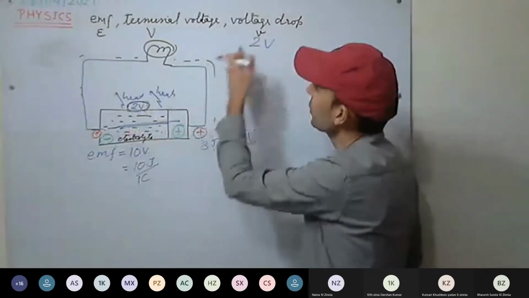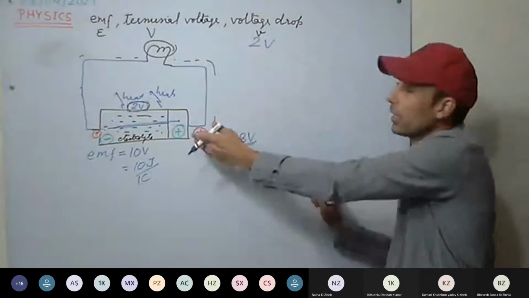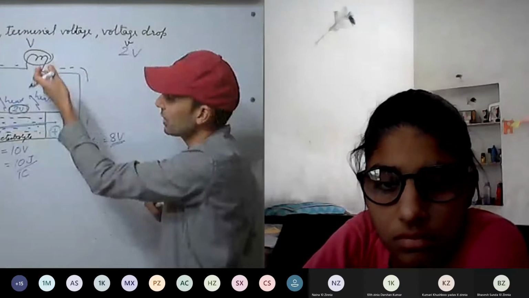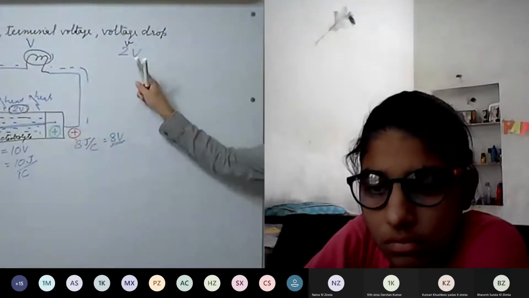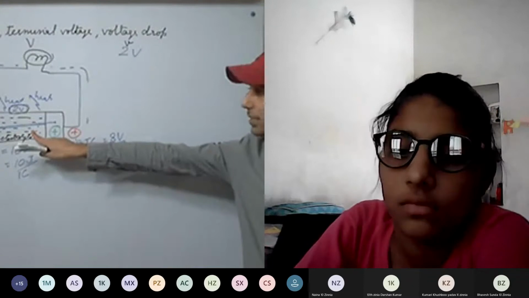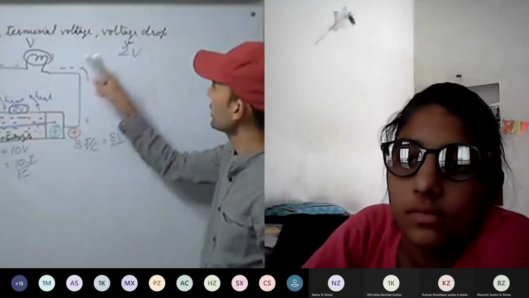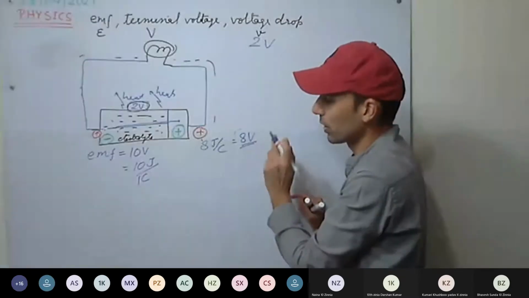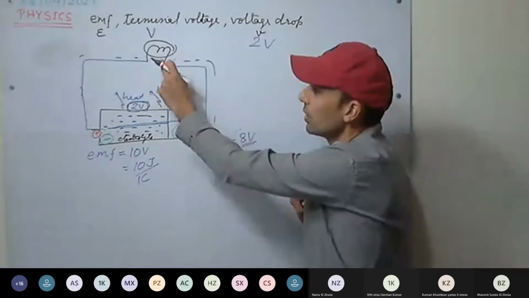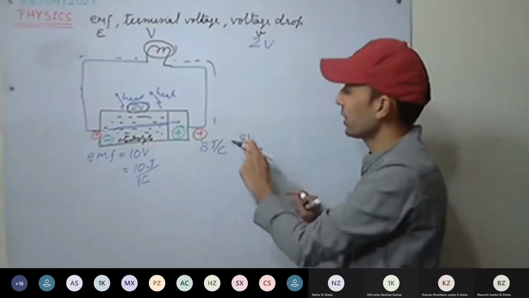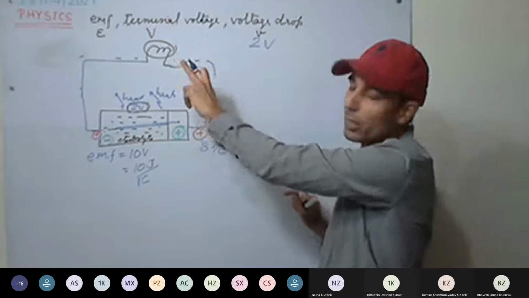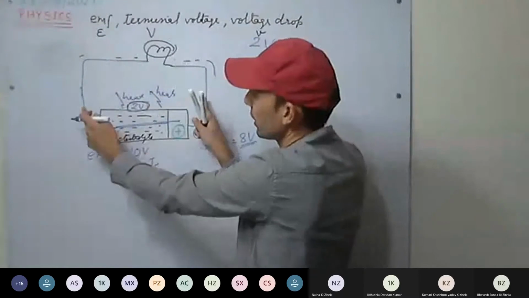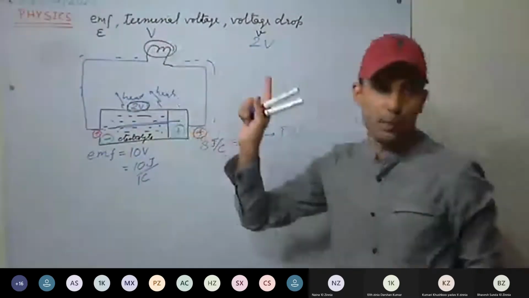And we are not going to use this volt. This is not going to do any work on the bulb. This is inside the cell, a drop of 2 volt. It has just converted into heat. This is called potential drop, that is 2 volt. The internal resistance is the reason this much energy got wasted in the form of heat. Now how much remains? We have supplied 8 volt. So this much will be available to do the work on this load. This much energy will be available on the bulb to do the work. This is called terminal voltage. This voltage will be available across the terminals of the bulb to do the work.